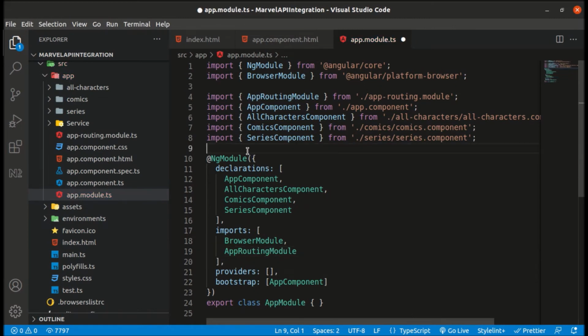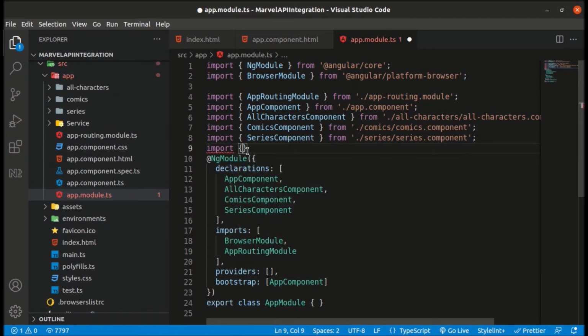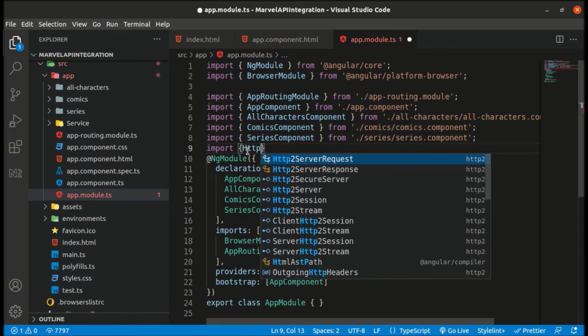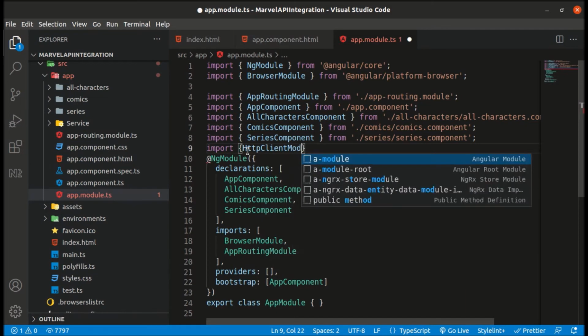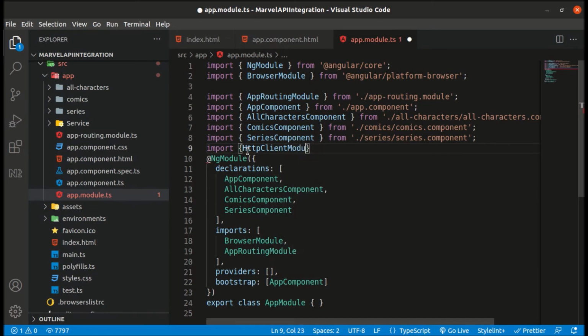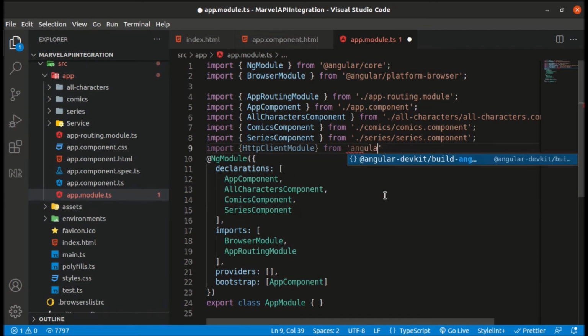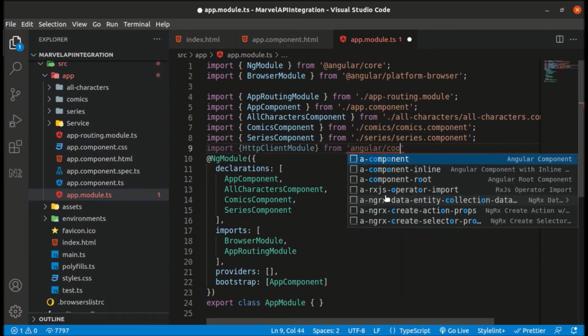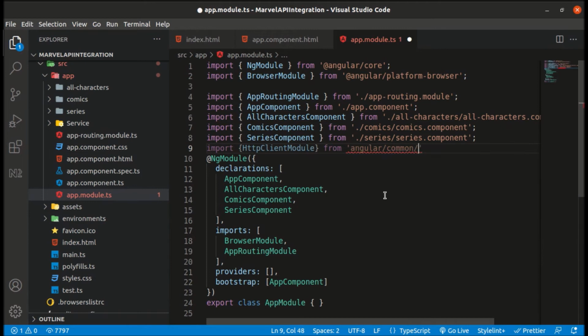Import HttpClientModule from @angular/common/http.